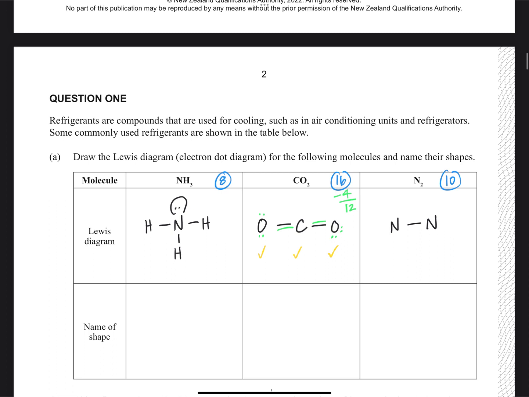So I've got 8 more to spend. Let's go. 2, 4, 6, 8 valence electrons. Well, that's clearly uneven and only one of them is happy. So let's see if we can share some around. So if we take this one on top